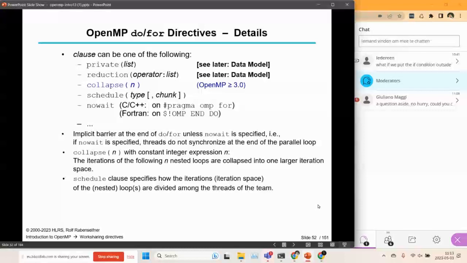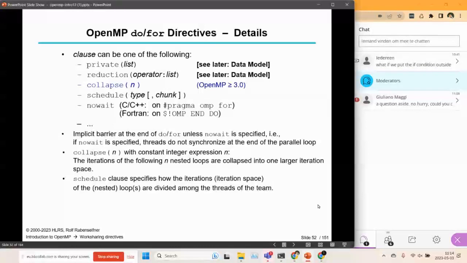You can also have collapse. What does that mean? Well, basically, what you often have in scientific code is nested loops. Do loop, do loop, do loop, whatever. For loop, for loop, for loop. So if they are independent, and if the boundaries are independent, you can actually collapse them together. So all the iterations of all those loops, so essentially all the iterations of the inner loop, will be the whole parallel space. So that means that if you have, let's say, a for loop over I, and I can have n values, and you have a for loop over j, and j can have m values, and you use a collapse of 2,